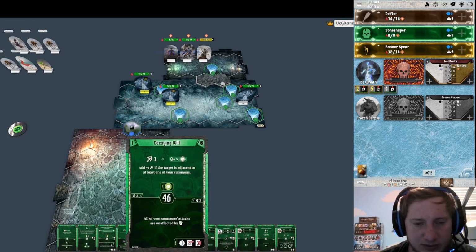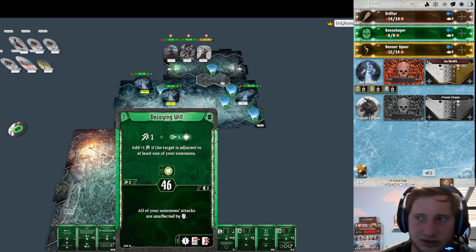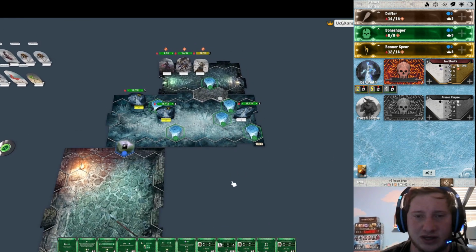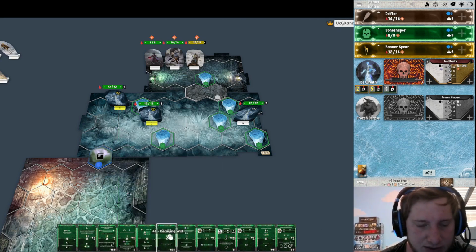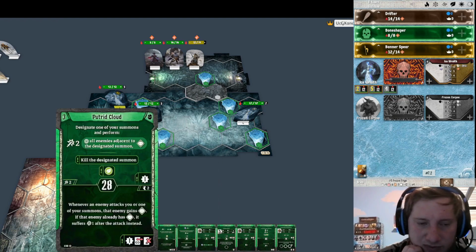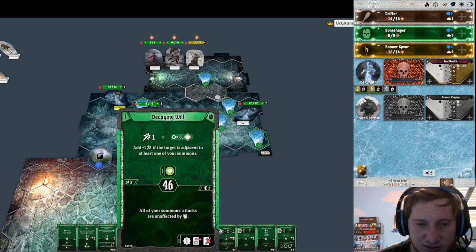I think I'm going to need to get Decaying Will out to ignore Retaliate. Because there are Elite Frozen Corpses who have 2 Retaliate in this scenario as well. So I brought Decaying Will to get rid of Retaliate. What's going to be more important, getting rid of the Retaliate or the Putrid Cloud? I probably just want to play both pretty early on. So maybe I just bring in a summon and I get rid of...